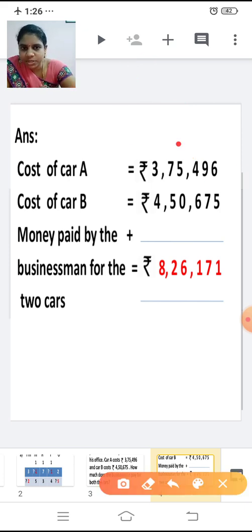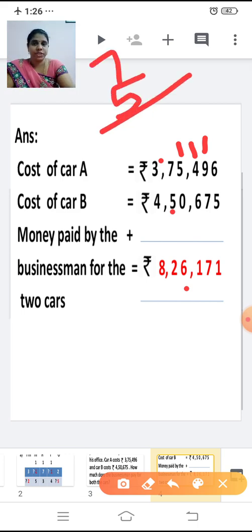Now let's add the thousands place. 1 plus 5. After 5, I am going to add 1 more. So 6. 6 plus 0, 6. So write 6. Is there any carryover? No. Now let's add the 10,000 place. Now 7 plus 5. With 7, I am going to add 5 more to it. After 7, 8, 9, 10, 11, 12. So 12. 2 I am writing it here.